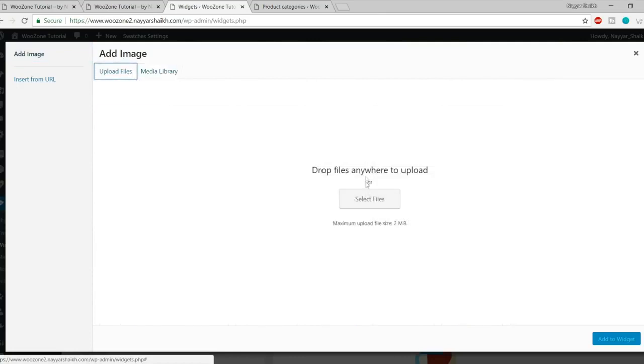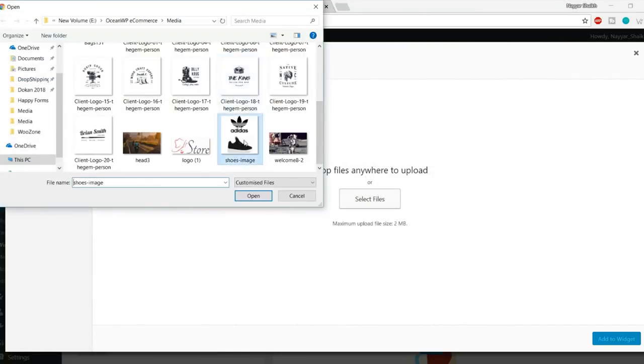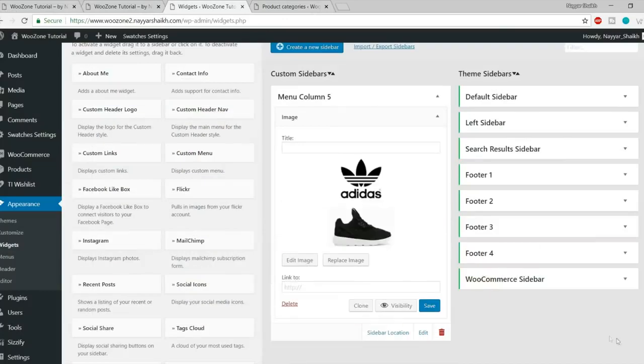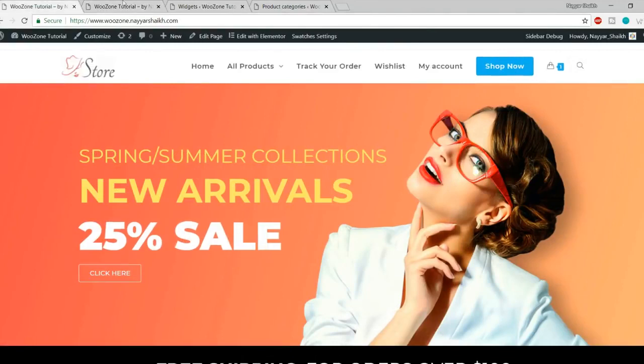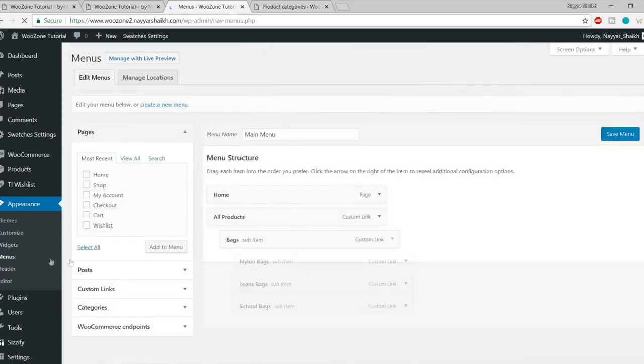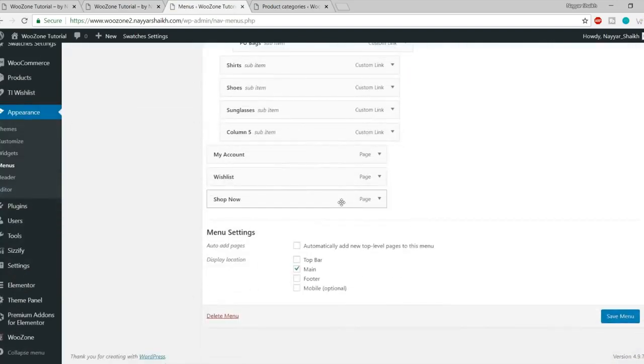Let's upload a new image. In fact, let's upload the same image. Here it is. Click on this, click on open, click on add to widget, save it, come back to menu. So under appearances you will see menus. Click on menus. Now select this one, column 5, and